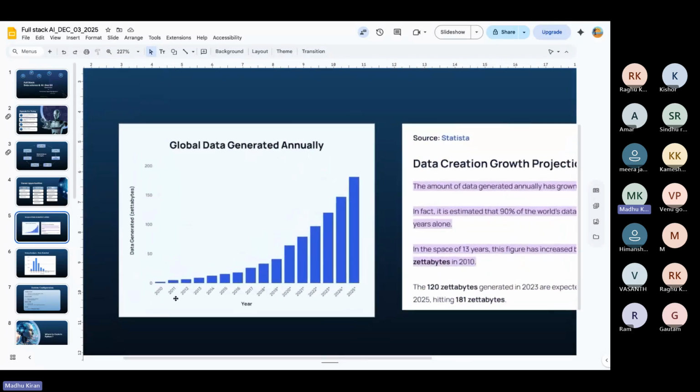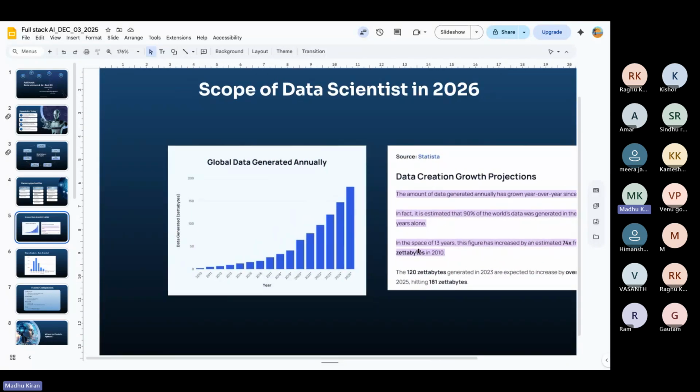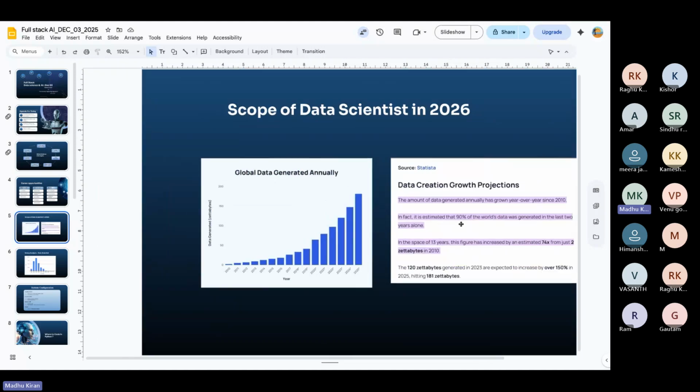So the data generated in zettabytes is increasing, you can see it in 2025. There's some research which says it is estimated that 90% of the world's data was generated in the last 2 years alone. And for the coming next 2 years, it's expected to double or quadruple, like 4 times.